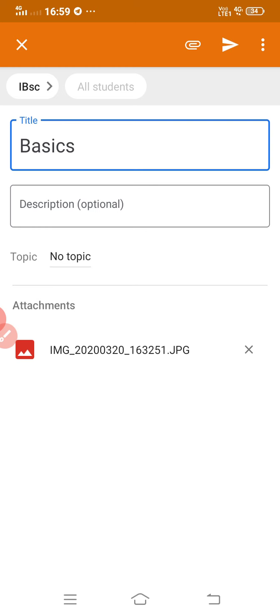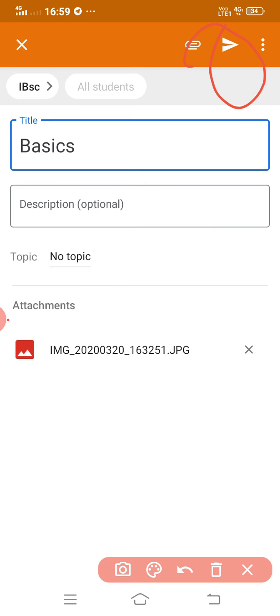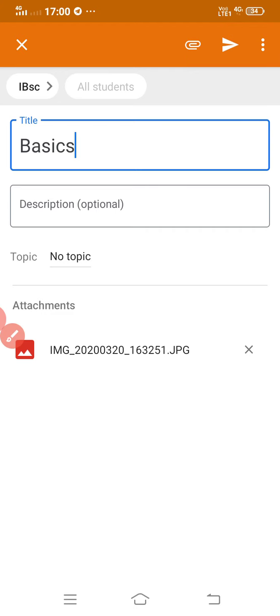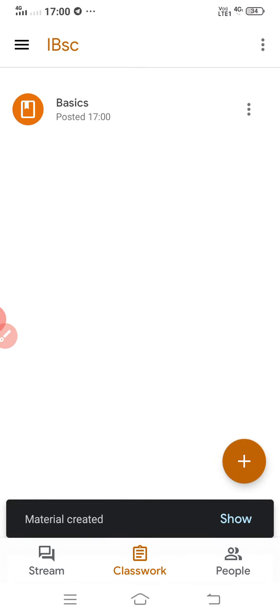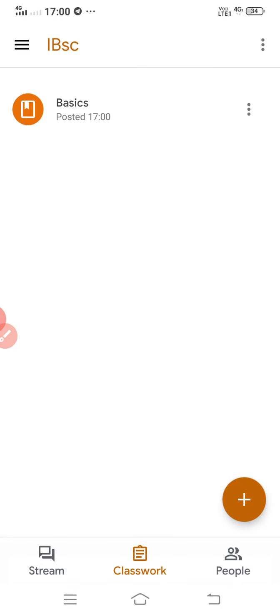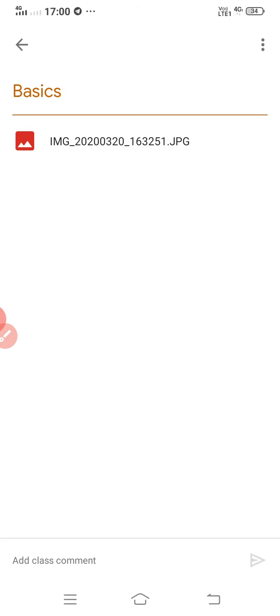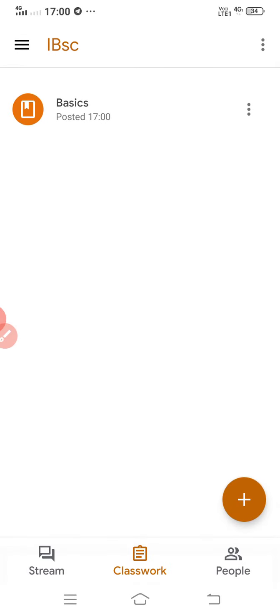Once it is attached, there is a send symbol over here. You just have to click on this send symbol, and the material will be posted in your class. See here, once you click on classwork, you can see that material. When students come to the class and click on classwork, they can get the material.